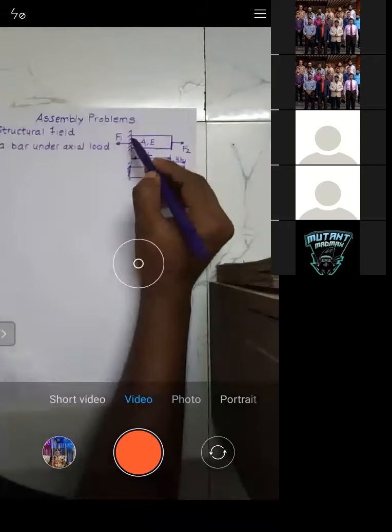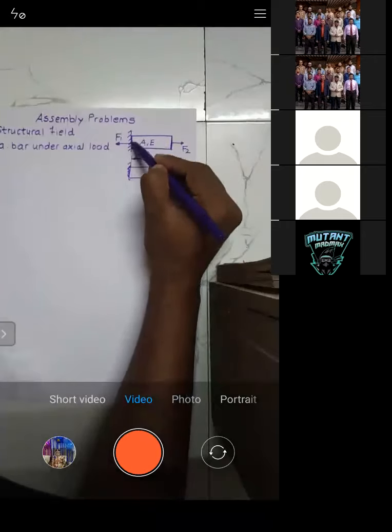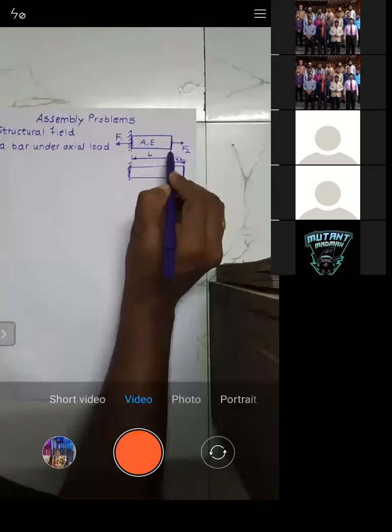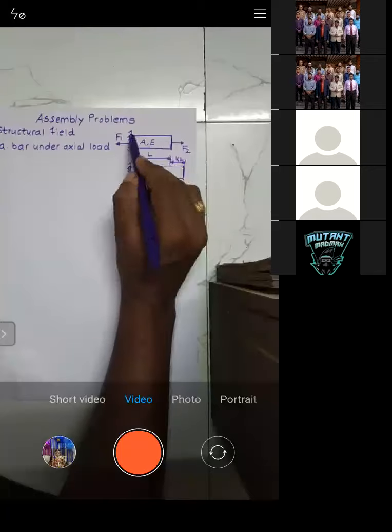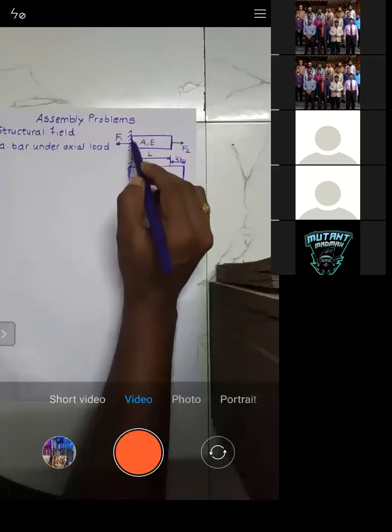Now if you talk about the displacement at this particular phase, try to understand. Just see this phase, because if you consider this bar, it is having two phases. This is the end phase and this is the starting phase. What has happened with the starting phase? The starting phase is fixed. That means at this phase nothing will move, right? That means the displacement at this point is zero. It is not moving. Is that okay?